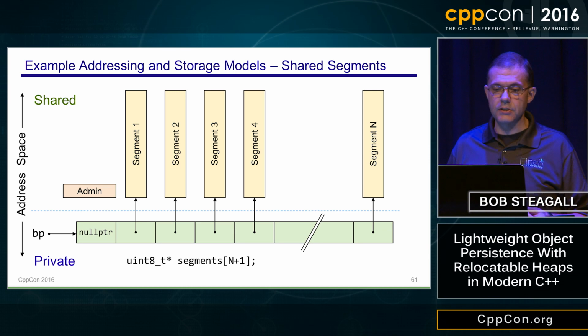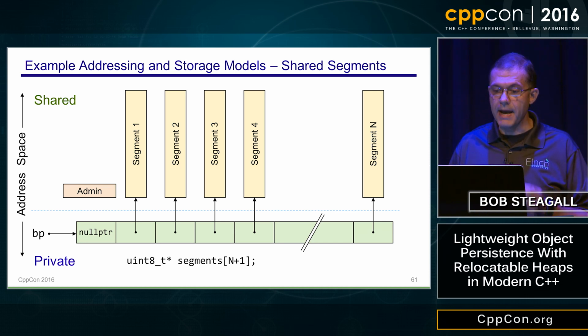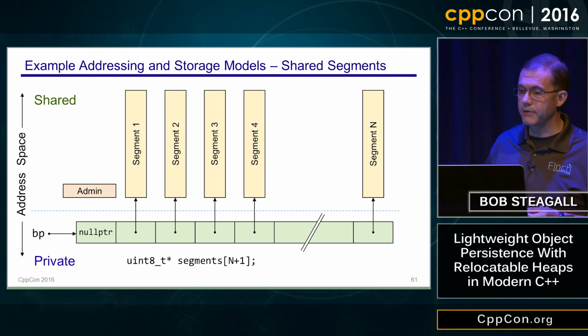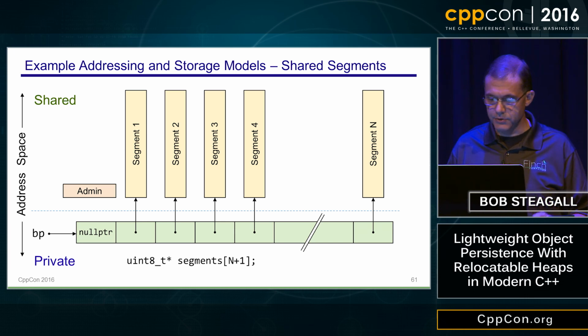The backbone exists in private address space, and a call to shmat or mmap maps the shared segments into the process's private space. The backbone needs to be in the process's private address space because the mapped addresses for the shared segments can be different in every process that would want to use these segments.